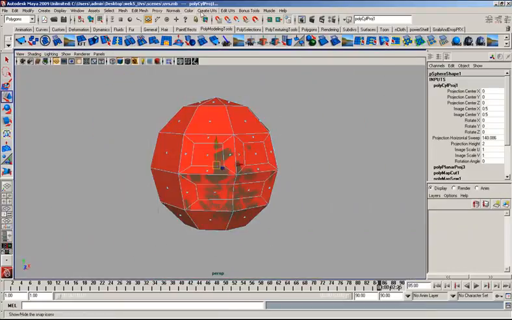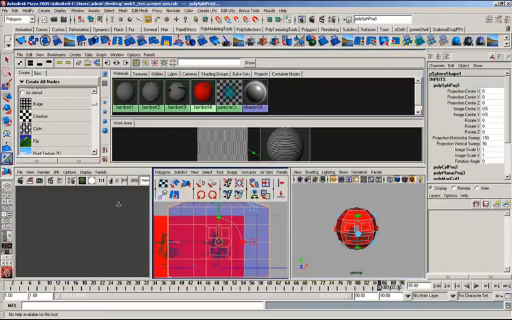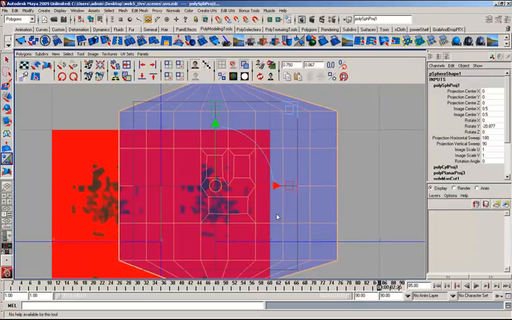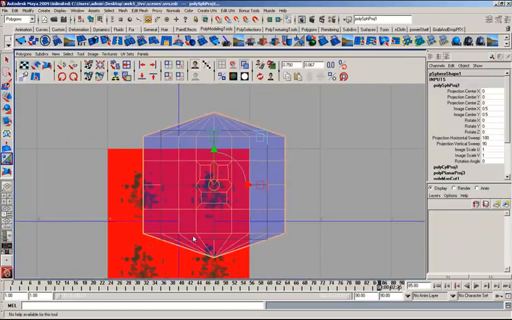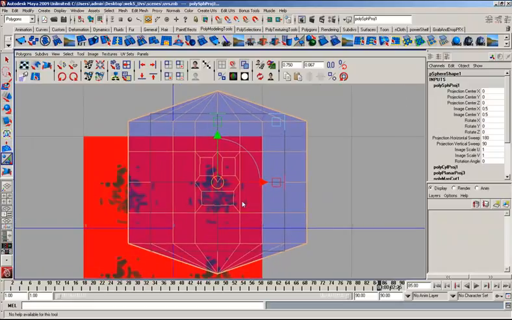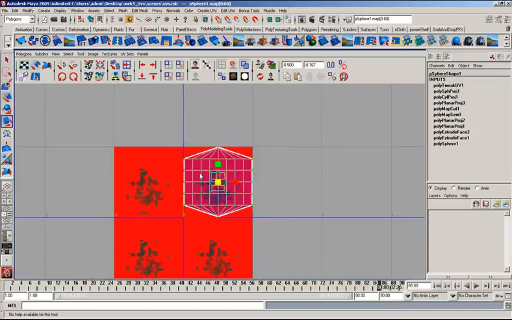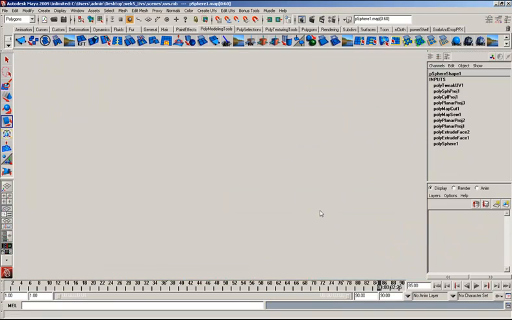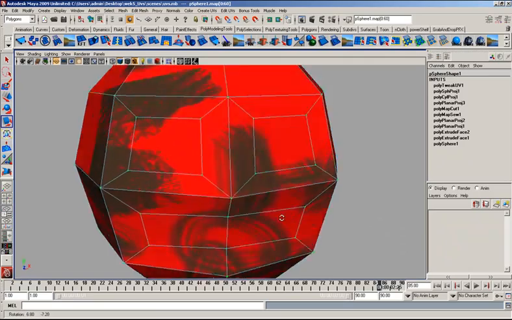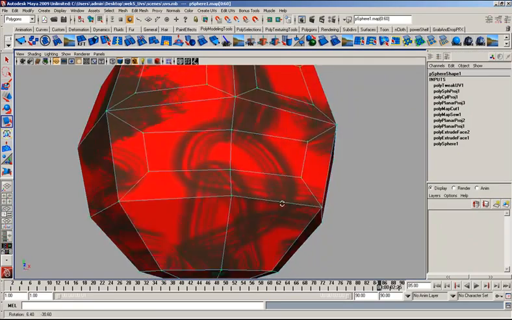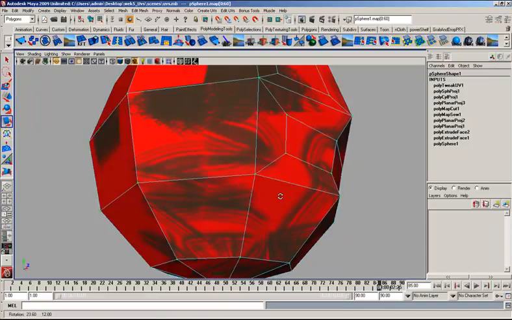Anyway, and then you also have other types of projections like the spherical mapping. In this one, we're going to do almost the same, but you can get a better sense of dimension of it, except that it's bigger than that 0 to 1 space, so you might want to make it smaller so it actually fits your 0 to 1 space. If you look at the texture here, I know it's a funky texture, but it's really not stretching or anything like that, except maybe in those areas over there,